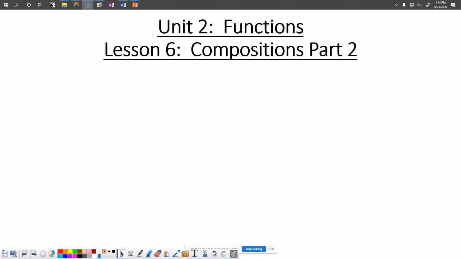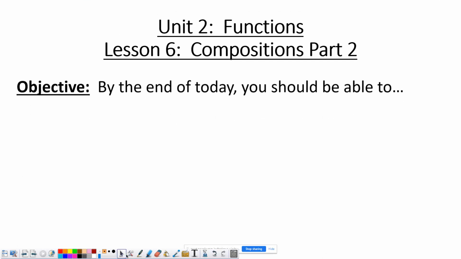Alright guys, we're going to continue our discussion about composite functions. Last time we talked about what a composite function is. It's where you are plugging one function into another. And then we learned how to do that with equations. And today our goal is going to be to work with composite functions, but